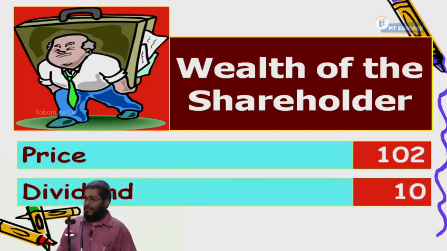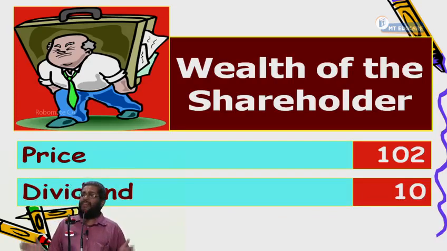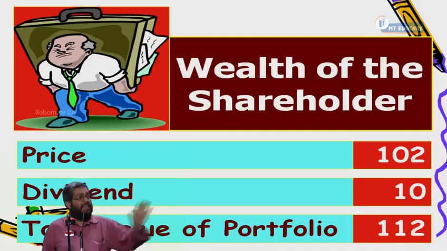10 rupees. By way of what? Dividend. So, if you add the balance sheet total, it will remain the same. Instead of having the entire wealth as investment, it is going to split into two: one is a bank balance of 10 rupees and the investment worth how much? 102. The wealth is still how much? 112. So whether I declare dividend or don't declare dividend, the wealth of the investor remains the same, 112 rupees. It is proved here. Yes or no?